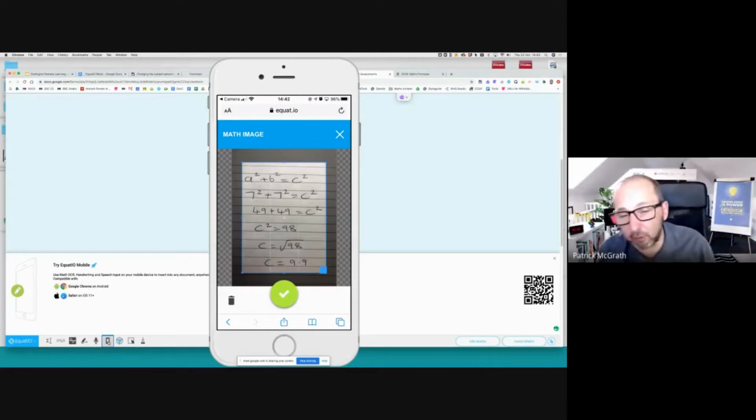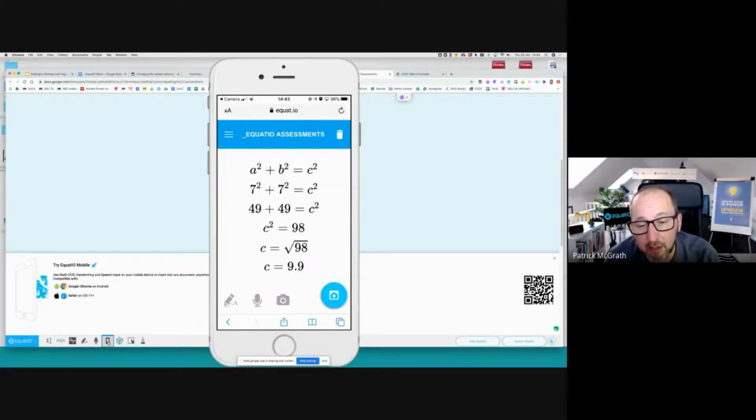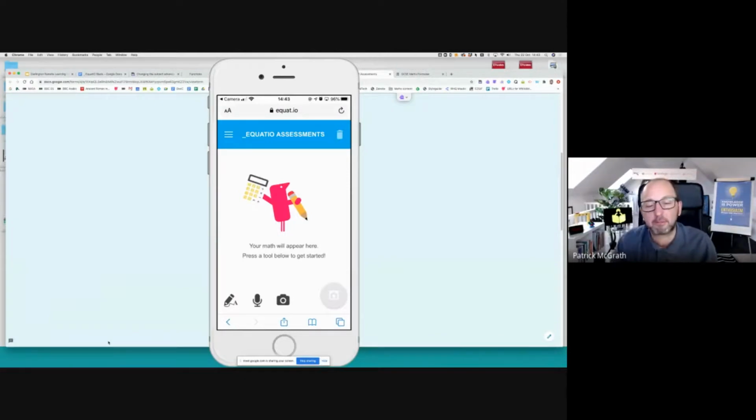And it'll take a photograph of my handwritten work, okay? Not too tidy, not too neat. But if I press the green tick and I press Save as Math, sorry, it's always going to look American when we get that. That's our American colleagues. Now you'll see on the screen, it's taken the handwritten maths and made it into digital format. And now if I press the big blue button there, it's going to add that directly into my